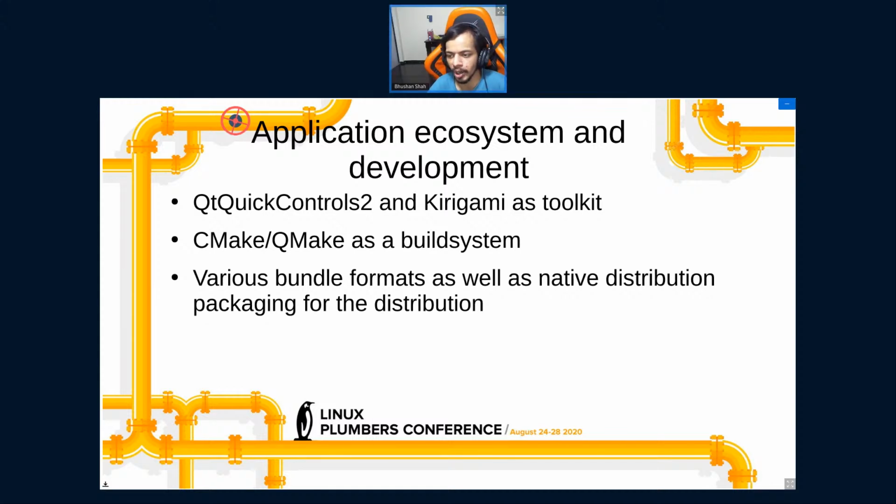And we are supporting almost all bundle formats, mostly because those bundle formats can be run very simply on desktop anyway. So we don't really have any restriction on what you can run. You can run something out of Snap or Flatpak or AppImage or even Docker, or basically just go wild. And you can also use native distribution packaging for distributing your applications.